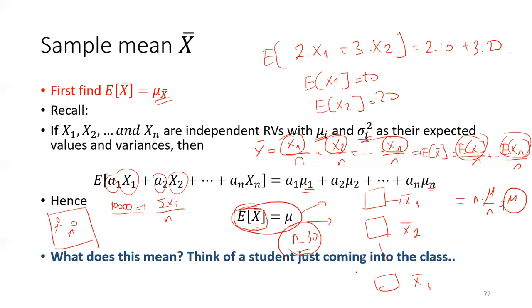And like this, go to as many classes as you can with a population of 30. Okay, so this is again an x bar. Let's say you just go to, I'm just making it up, 1,000 classes, all of them of size 30. Then if you just take the average of them, x1 bar plus ... x bar 1,000 divided by 1,000, then since this is a very large number, you will be able to find what? The expected value of x bar. This is the average of this class, this is the average of this class, and you're finding the averages of averages. So it's intuitive that that's equal to mu, right?